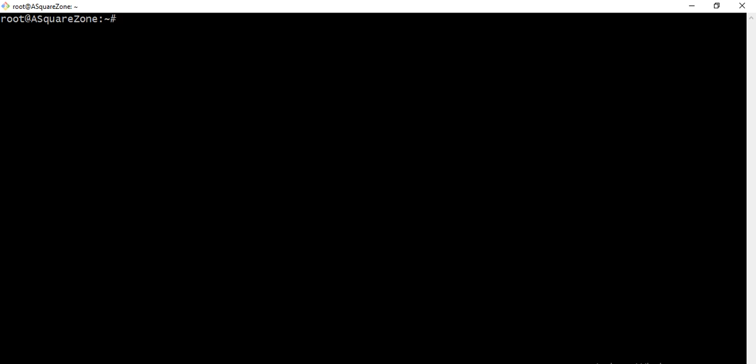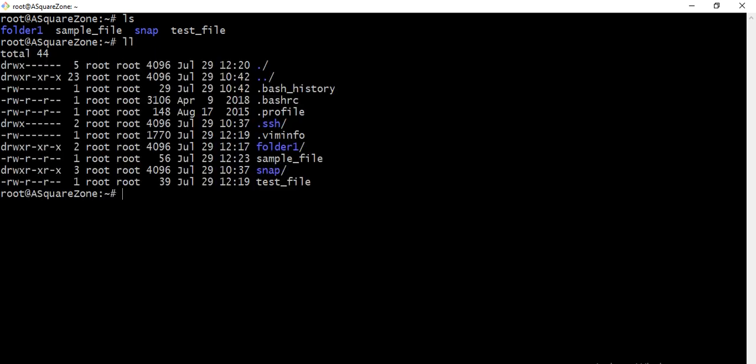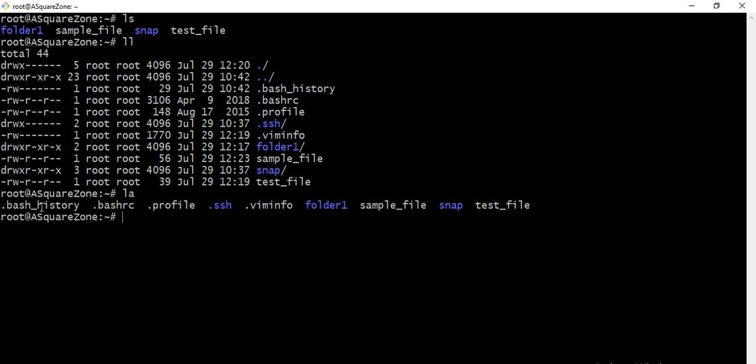We can see the list of files using ls, but here we can see only the files and directories. But using the ll command we can see the permissions as well. See, la represents list of all files. That means hidden files as well as created directories and files, and existing hidden files and hidden directories.